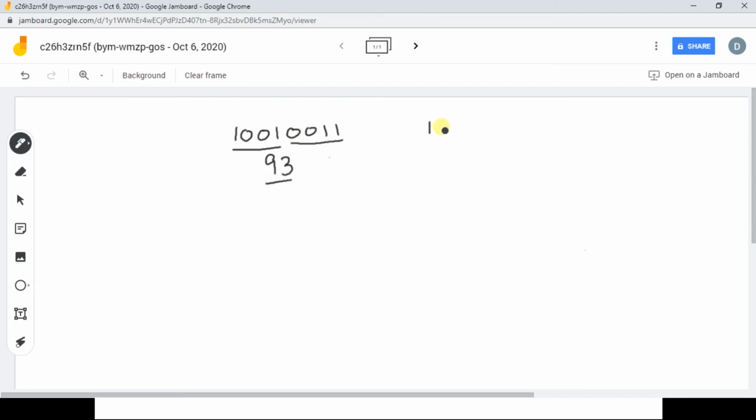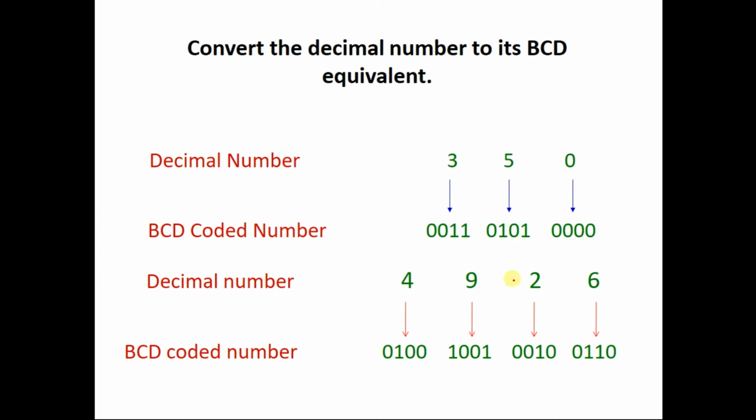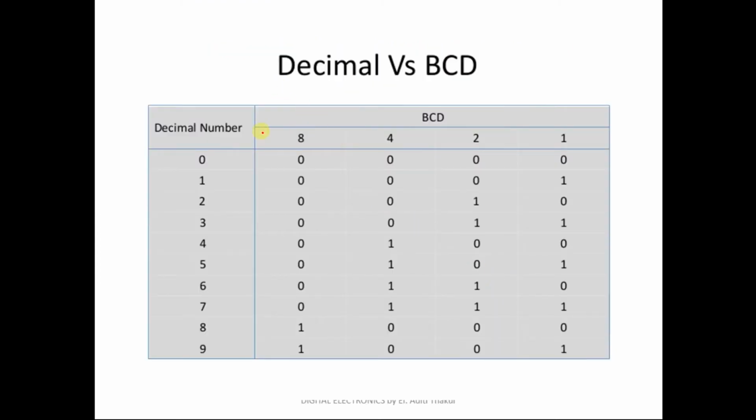But what about 1100 and 0011? This is okay, this is 3, but what is this? This is not a BCD number, because it has a binary equivalent greater than 9. So that is what we will study here. In the next table, you can see the decimal digits from 0 to 9. We have only 10 digits. If we move further from 9 to 10, 10 is just a combination of 1 and 0.